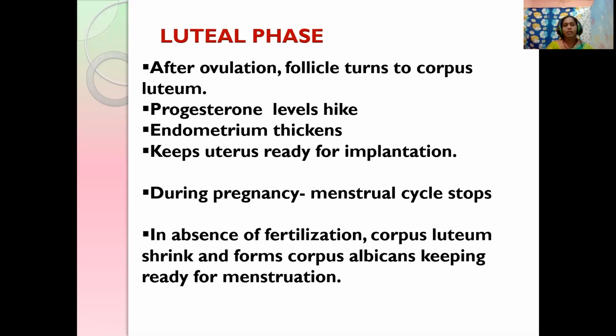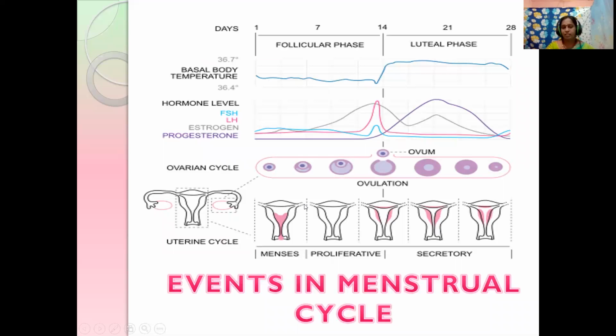Over here, this can be seen in the diagrammatic representation, students. This is the menstruation taking place in the first 1 to 3 days or 5 days, and next comes the follicular phase, that is 1 to 13 days. It converts into different types of follicles, and the Graafian follicle ruptures and releases the ovum on the 14th day. This is the ovulatory phase, and next comes the luteal phase, which prepares either for menstruation, or if fertilization happens, prepares for the pregnancy. So these are the events in the menstrual cycle.